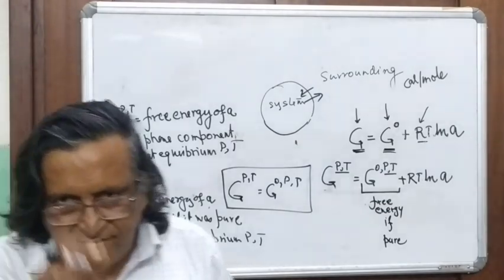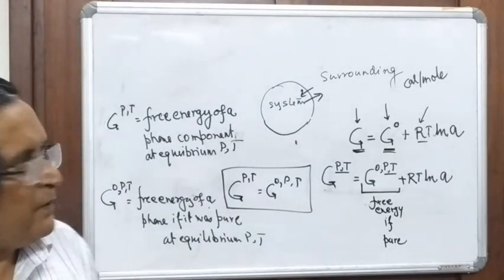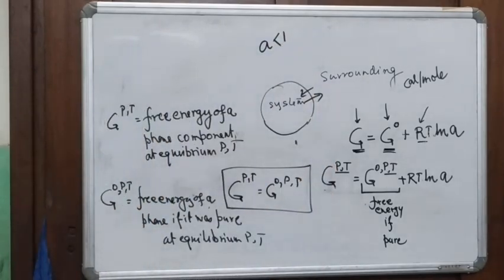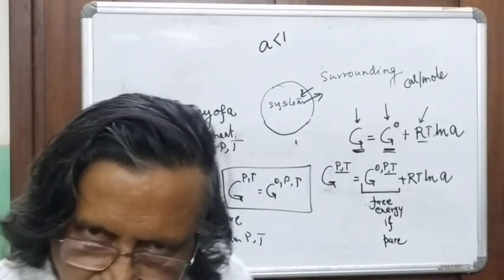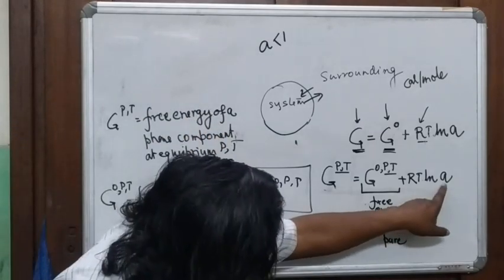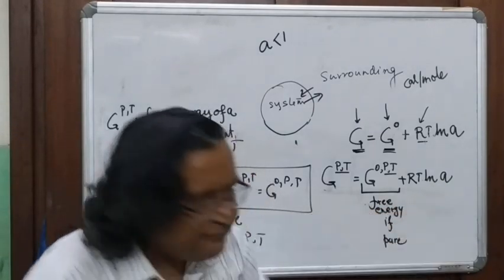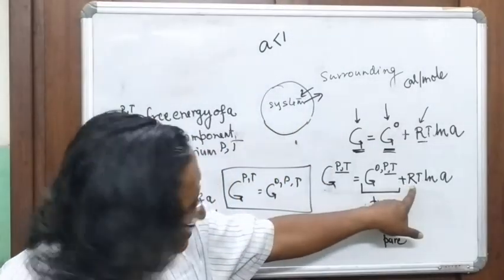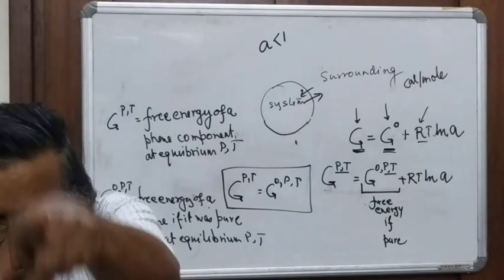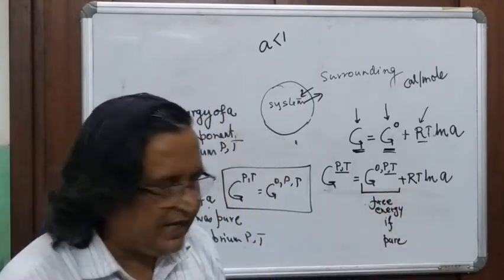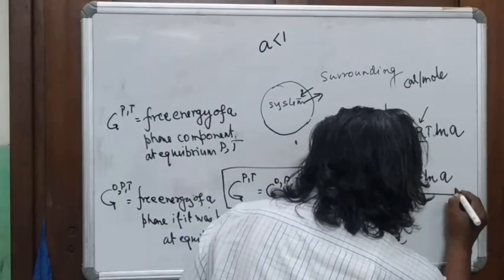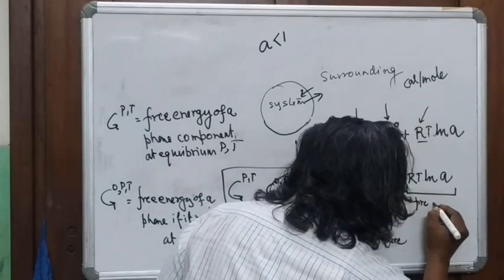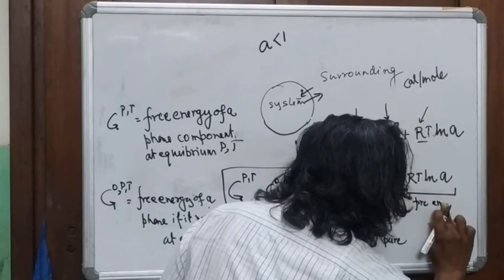But if the phase is impure, then you know from your class 11, 12 that activity is less than 1. That means it's a decimal. Yes or no? So if it's a decimal, then ln of that will be negative. Universal gas constant is positive. Temperature in kelvins is always positive. Multiplied into a negative, this value, whatever that value is, can be written as free energy